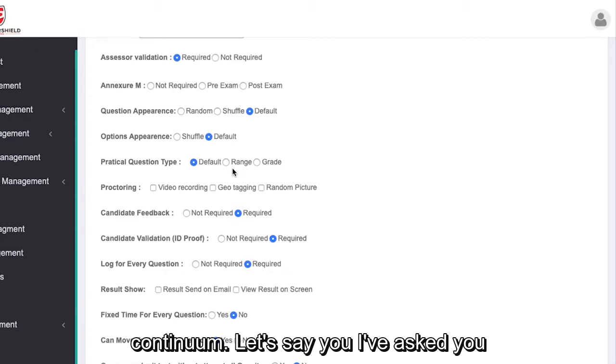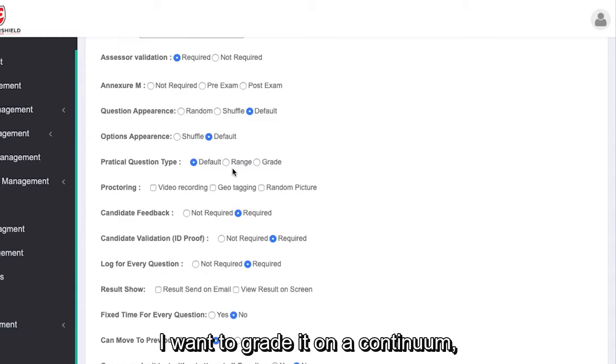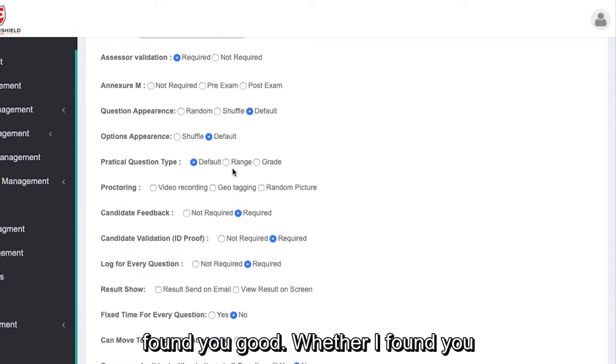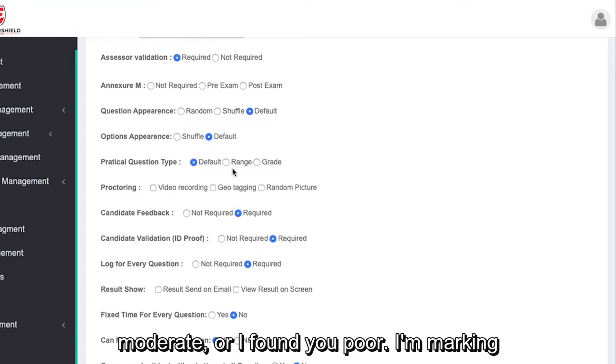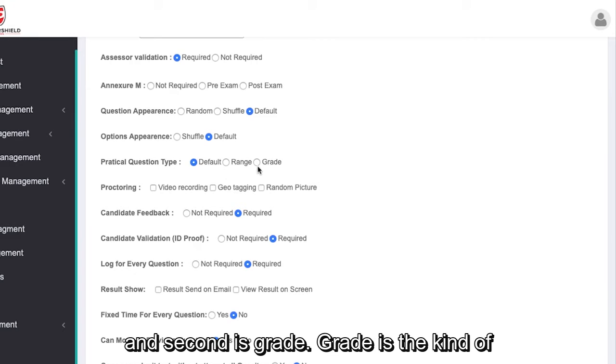Let's say I've asked you some question and you've answered it, and I want to grade it on a continuum. Whether I found you excellent, good, moderate, or poor. I'm marking you on a continuum basis. That's a range.